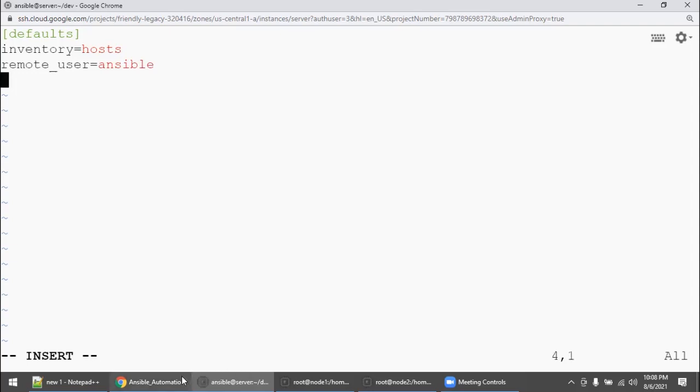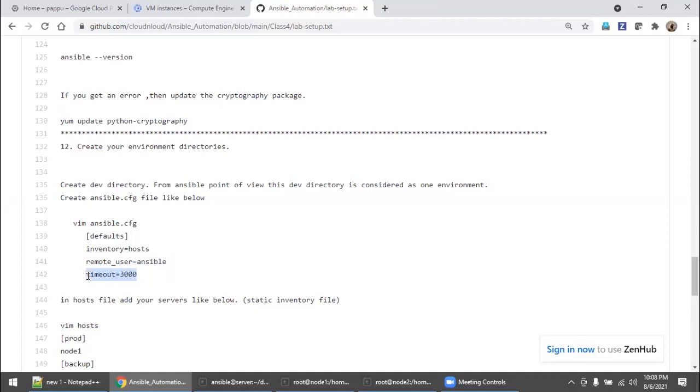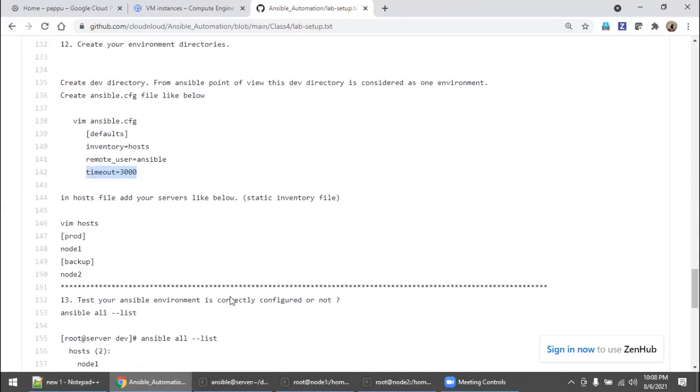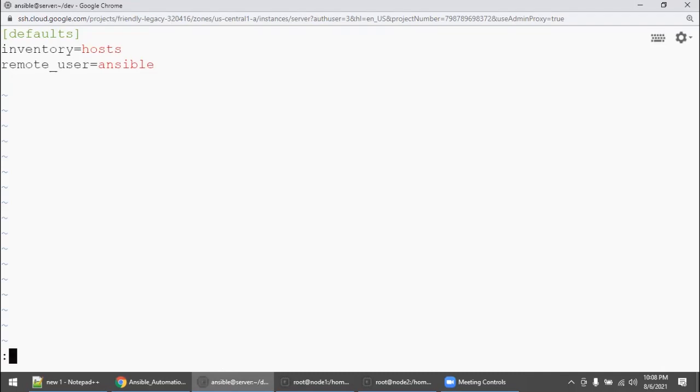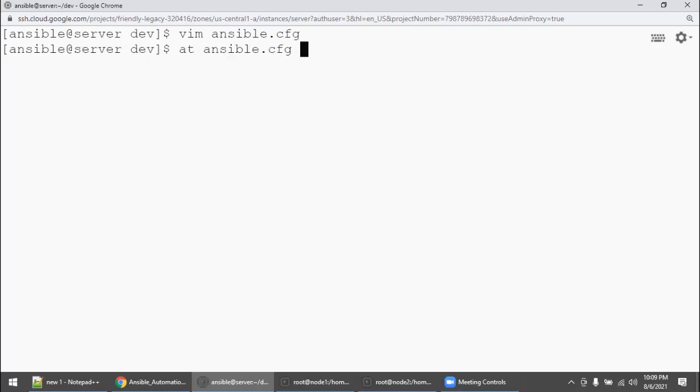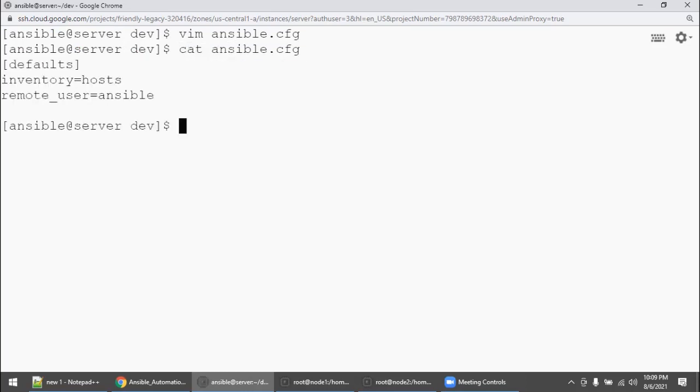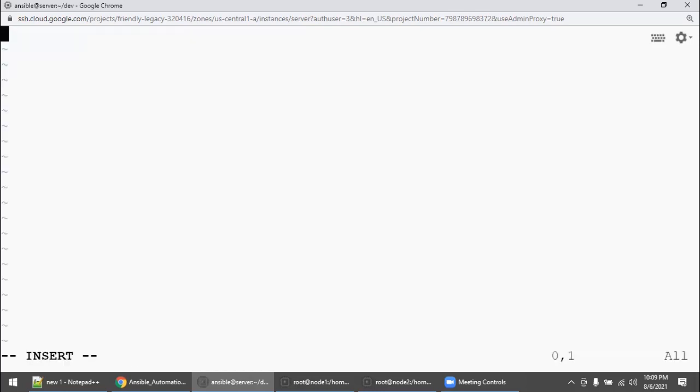The timeout you no need to put now. I will explain it later. Come down. So you can save this. So I'm going to save this. And now what is the ansible.cfg pointing to? Defaults. Now what is the inventory file name? Host file name. So the file I need to create is host and say development or backup. So I can go with production as a group. In this group I can place node 1, right? Backup as a group, right? In this I am placing node 2.